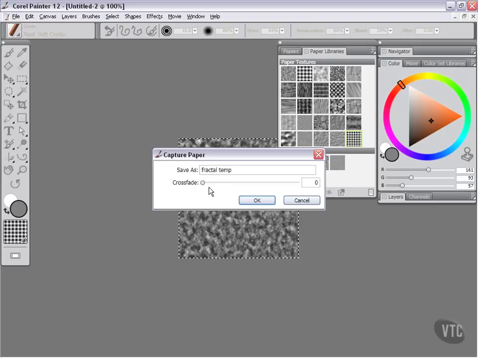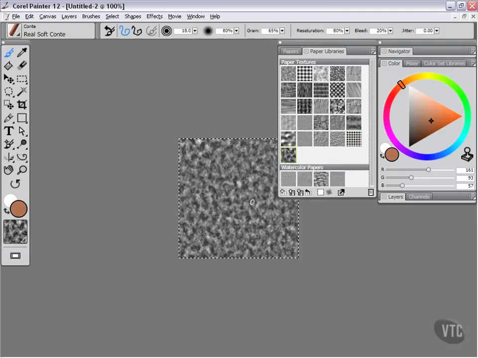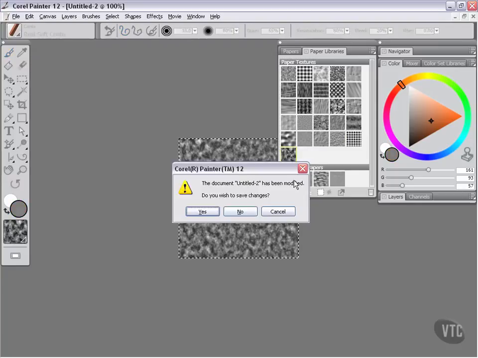We're not going to have any crossfade because these come out of that fractal pattern as seamlessly tileable every time. So you don't need to be bothered with crossfade. It's one of the great advantages of using these fractal patterns. So I'm going to go ahead and say OK. And now you can see that we have Fractal Temp here in our document. And if I close this guy out, because we don't need it anymore,